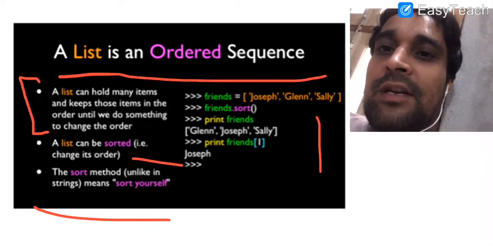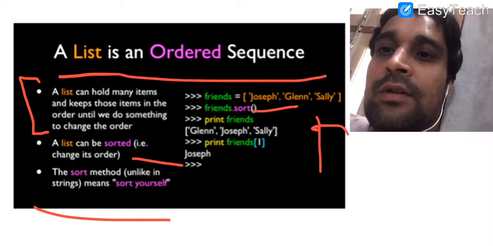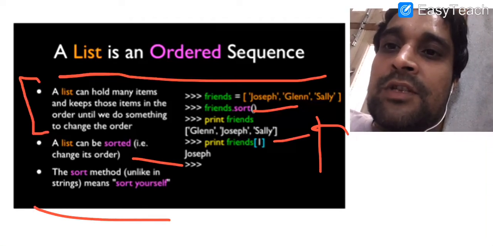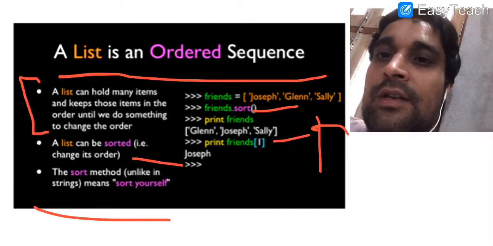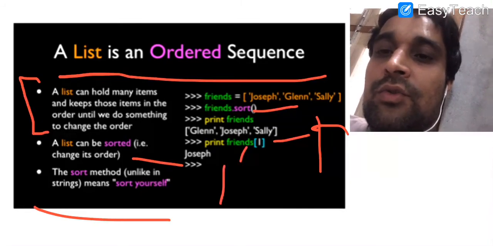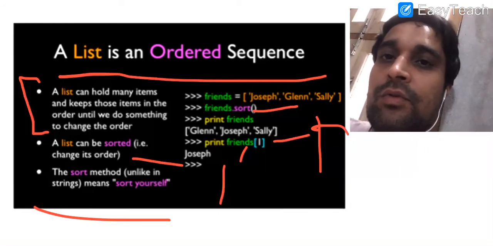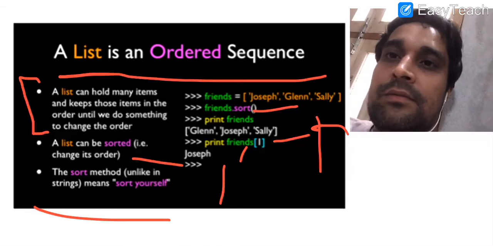We have written our same example, the name of the list is friends, which has 3 elements. Thereafter we have written friends dot sort. When we print our friends list, the elements of the list are now modified, because G comes before J and J comes before S in alphabetical order in English. So when you print friends of 1 now, it will print Joseph on the screen, because the elements are now modified by us with the help of the sort function, and an actual change has taken place.